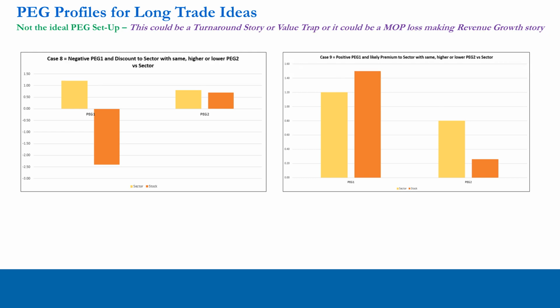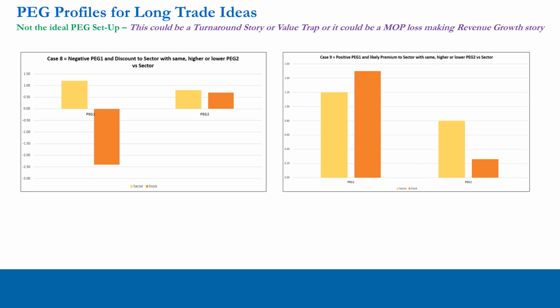And from a PEG perspective and a turnaround perspective, we want to see it on a discount to the sector. Moving into year 2, period 2 for case number 8, what do we have? Well, we have a positive stock price and we have a positive EPS, but we also have a positive earnings growth number. So we end up with a positive PE divided by a positive earnings growth percentage. So we end up with a positive PEG in the second period.